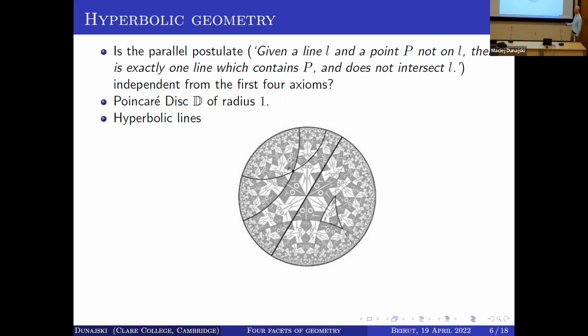This one painting is called Circle Limit 4, and contains a collection of angels and demons, white and black. And you see, in hyperbolic geometry, it seems that as you get closer to this boundary, these angels and demons become much smaller. And in fact, what happens is they have the same size. The same size in hyperbolic geometry if you use the notion of hyperbolic area and hyperbolic